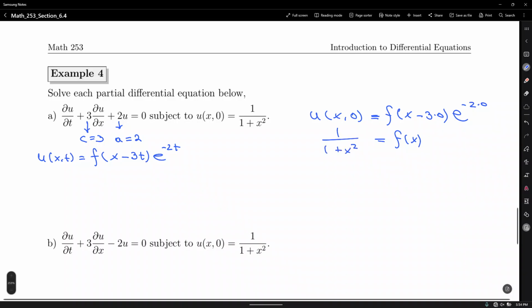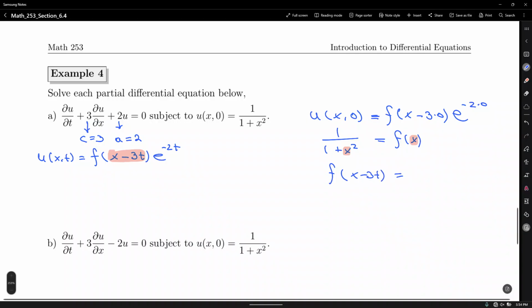Okay. Do we need to do any shifting? Not really in this case, because we just got directly to f of x, which is great. So now change every instance of x with x minus 3t. That is f of x minus 3t equals to,